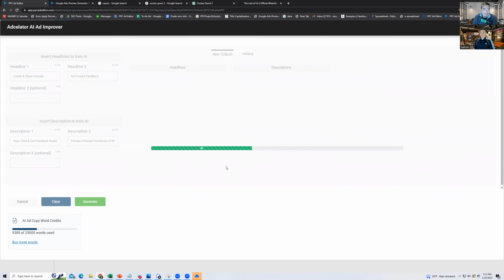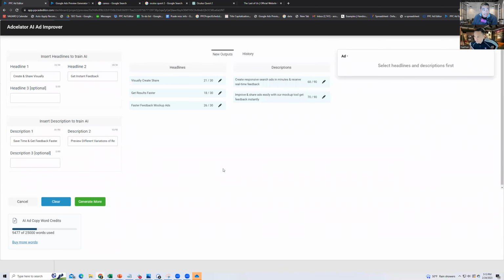So is it safe to say that headline one, headline two is the best performing one? Yeah, that's right. Create and share visually, get instant feedback are probably the top two headlines with the most impressions, and then description one and description two. Okay, so using those